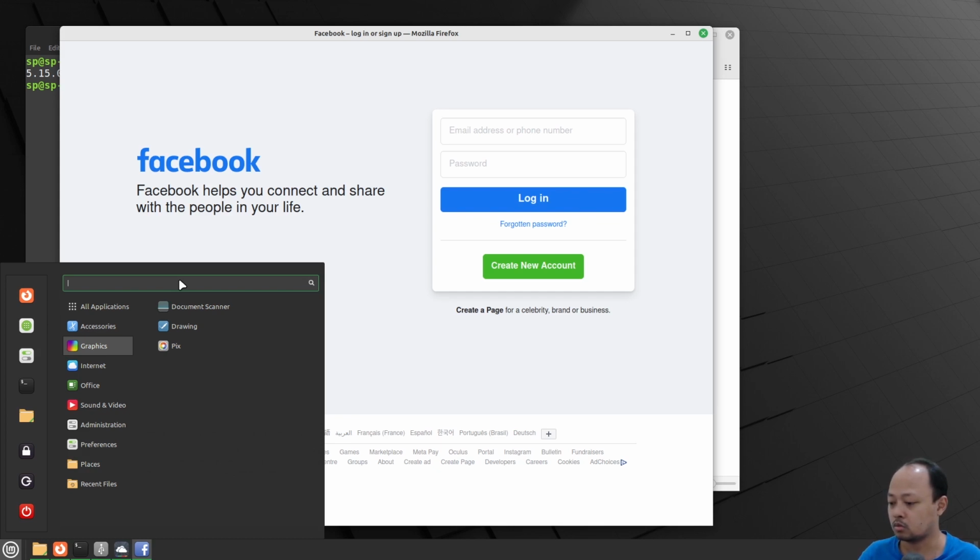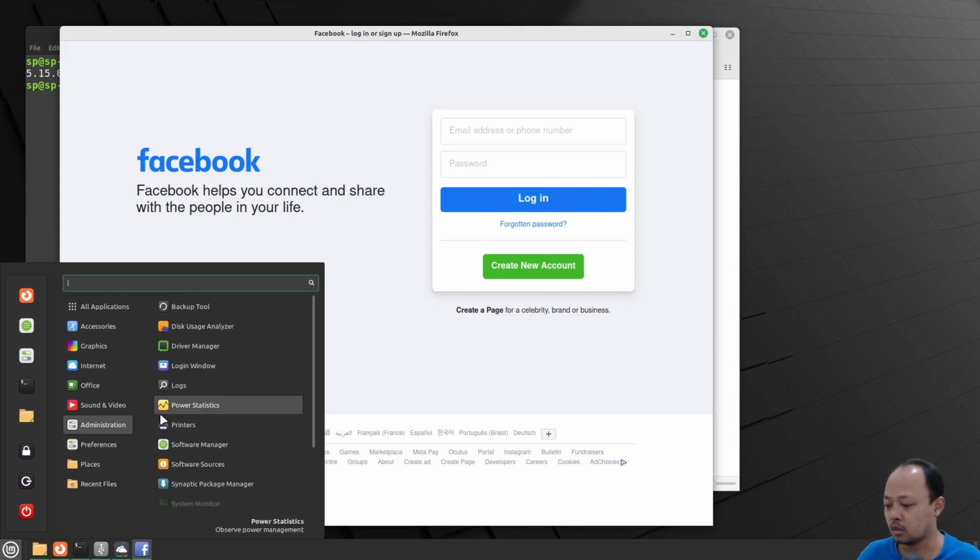So I needed to search the application from the search feature on the start menu on Linux Mint. And until now, Linux Mint has the same menu. That's the reason I recommend Linux Mint for people who want to try or migrate to Linux for the first time.